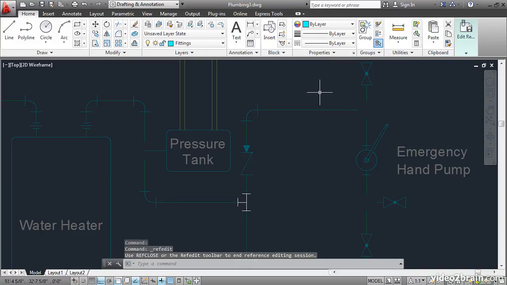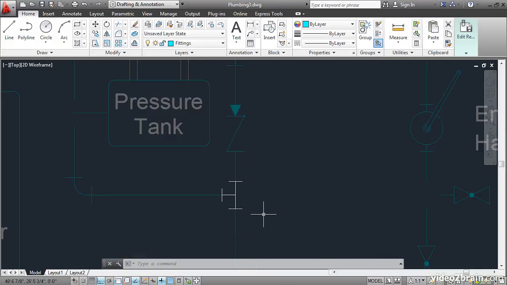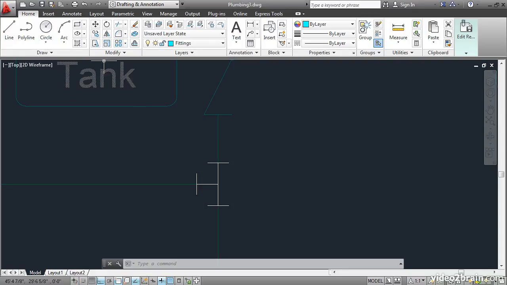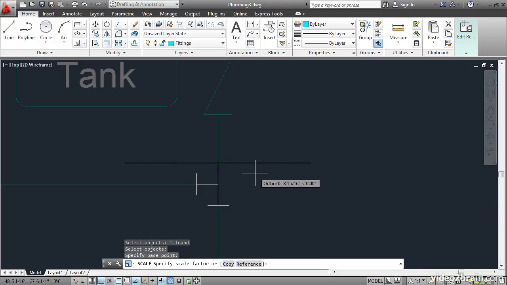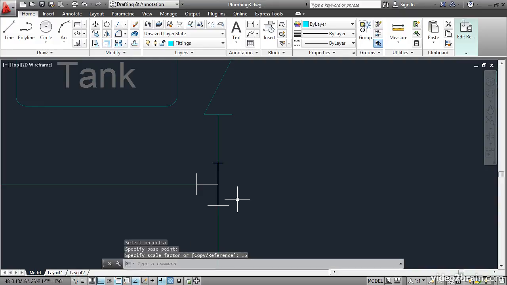Notice that everything else gets dimmer so that you can focus on working on this geometry within the block definition. I'll zoom in and then use the Scale command. Scale this line down from this endpoint. I'll type a scale factor of 0.5, enter, so it gets to be half as big as it was originally. And then I'll do the same here on this line,